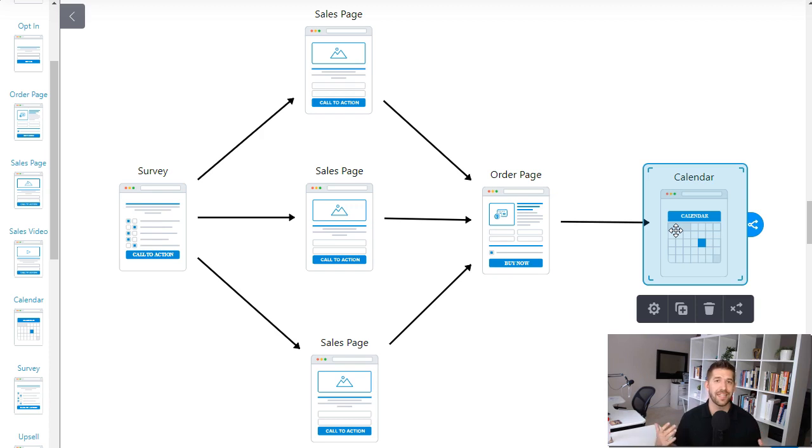But Cartflows is an amazing tool where it sits on top of WooCommerce, and WooCommerce is the e-commerce platform that is so amazing. It allows you to do so much, but what's always been a problem with WooCommerce is that it's terrible at converting people from seeing the product page to getting into the shopping cart to checking out to getting the order confirmation. There's so many steps, so much friction, and it's just not a good experience. Cartflows and the team behind it has completely solved that problem, and they're going to bring out some amazing features